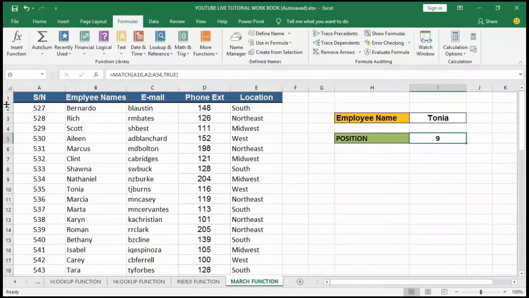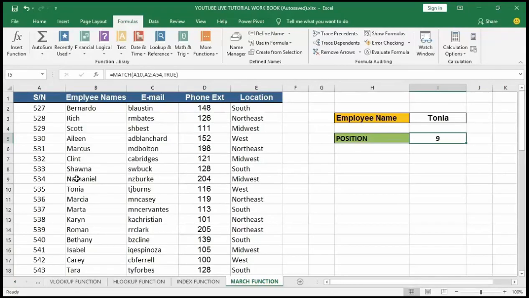So let's count it: 1, 2, 3, 4, 5, 6, 7, 8, 9. You can see that the position of Tonia can be found in the 9th position.